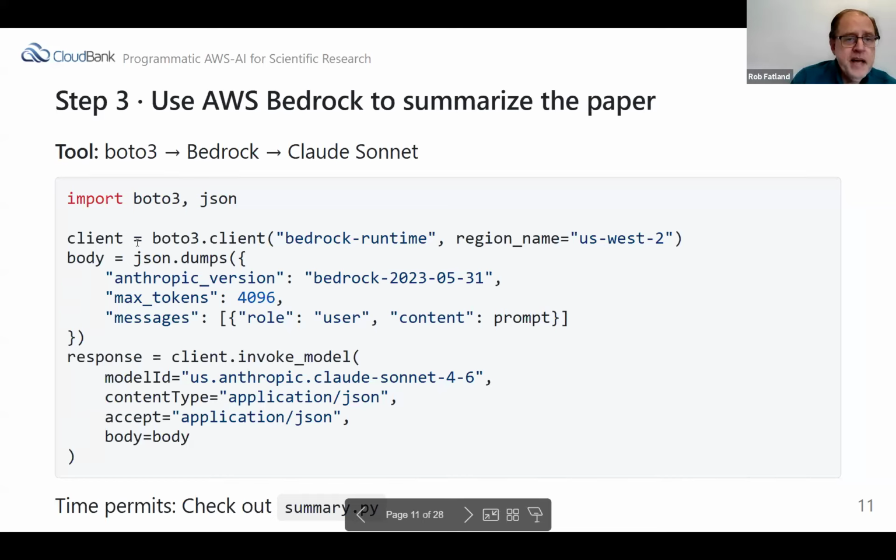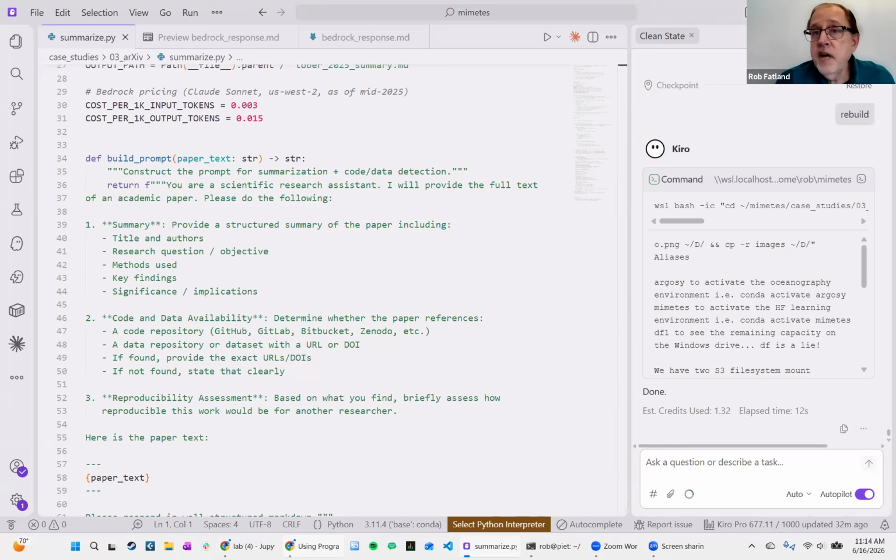And what I'd like to do is take a moment to actually go and look at the Kiro IDE that I keep referring to and the code for this summary.py program. So I will hop out of full screen mode and bring up the Kiro IDE. There's a chat window over here on the right-hand side.